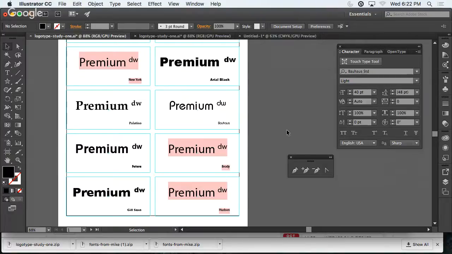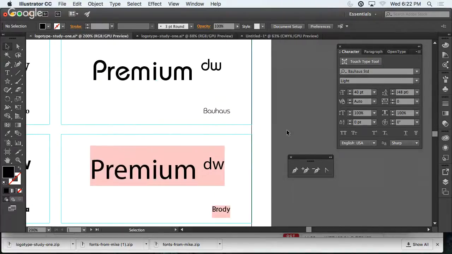What does Bauhaus look like to you? You guys aren't good at this game, are you? Maybe zoom in on it a bit. How does it feel to you? Would it feel correct in your logo? Does that make sense? So, speaking of which,